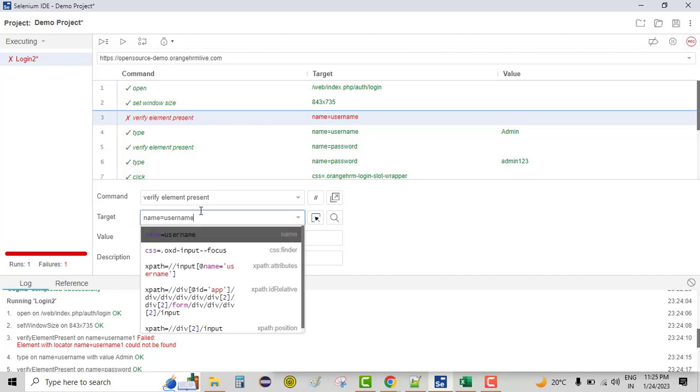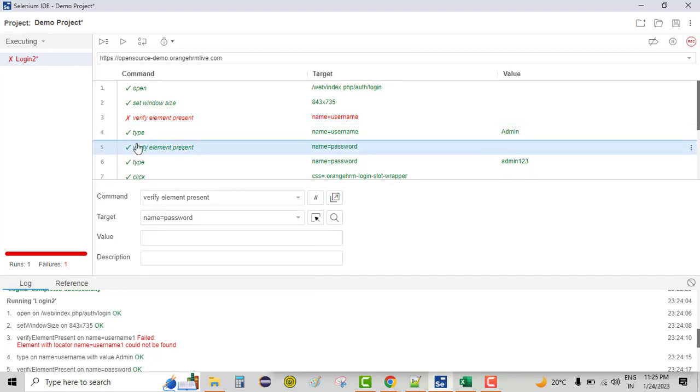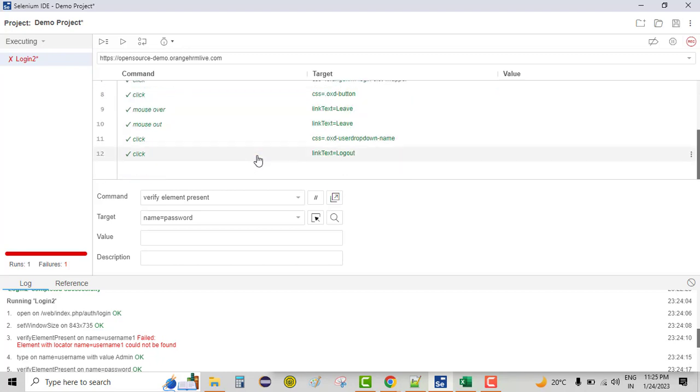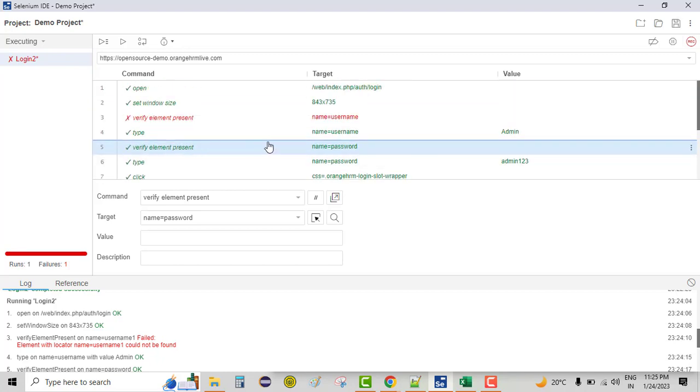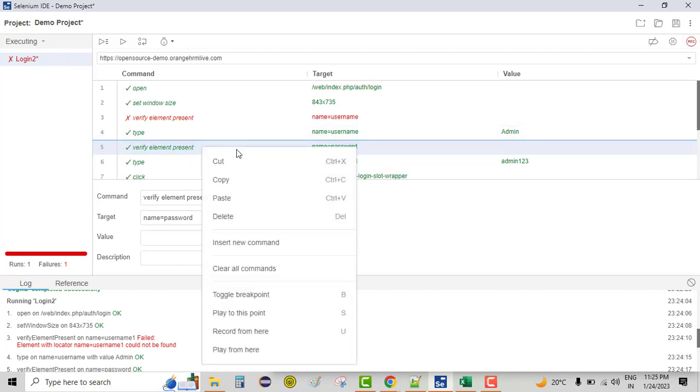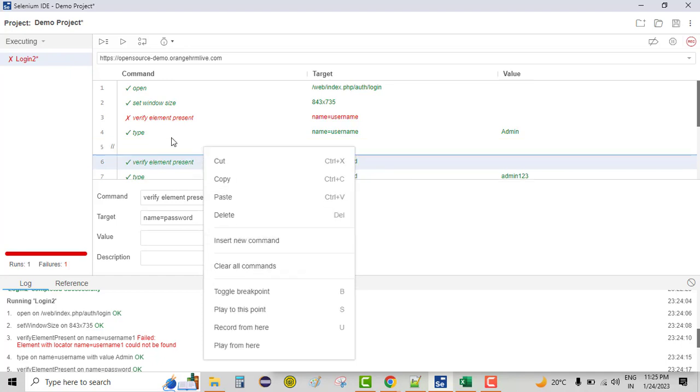Now let me apply an assert command here. The assert command can be applied while we are recording. If you remember, right click and then select Selenium IDE, and then we can choose the command. But let's say we add a new command in between. Let's say I want to assert the password or username, anything. So let's say password. I can just insert a new command, and while inserting, I'll write the command